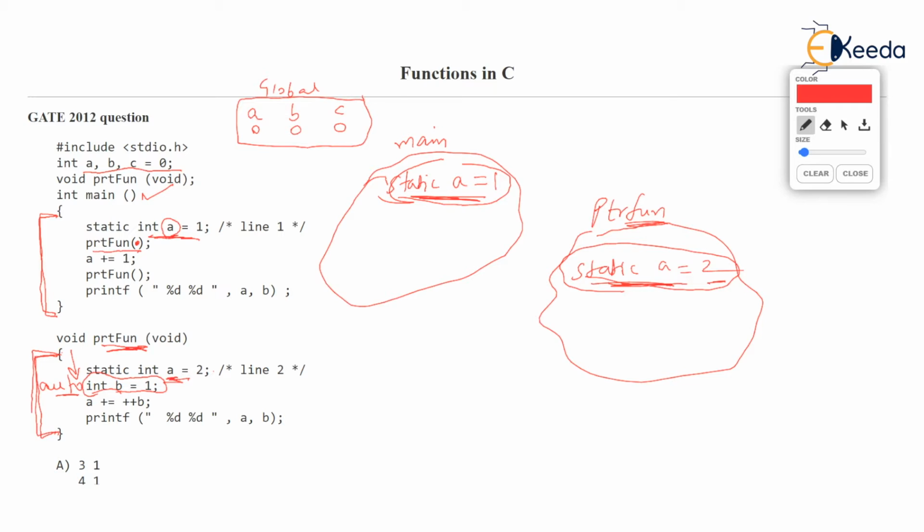So what I will do is inside ptr_fun which is running, there is b equal to 1, but this is not static. Okay, so what is the property of an auto variable? Auto variables are created, but they are immediately destroyed when the function ends. So when this ptr_fun function ends, this b will be destroyed and even its value will be destroyed. But this variable a will not be deleted because it is static and it will stay in the memory. Okay, next line. The next line is a plus equal to plus plus b.